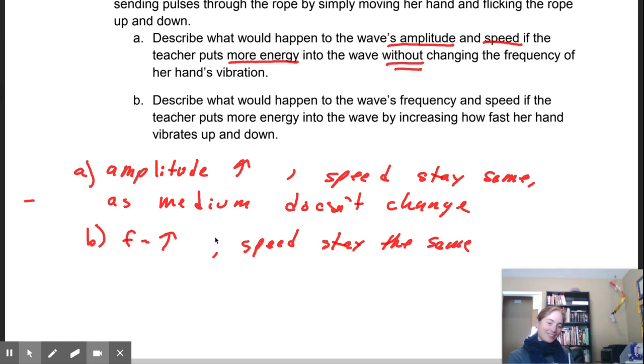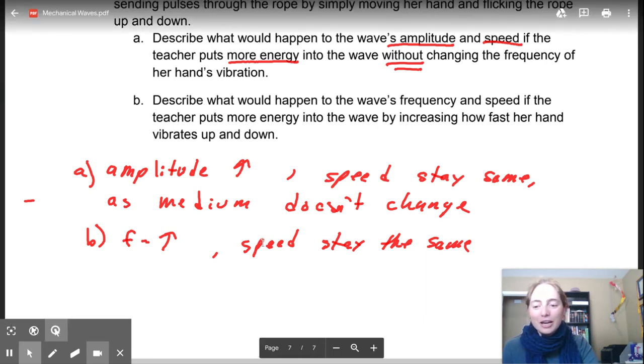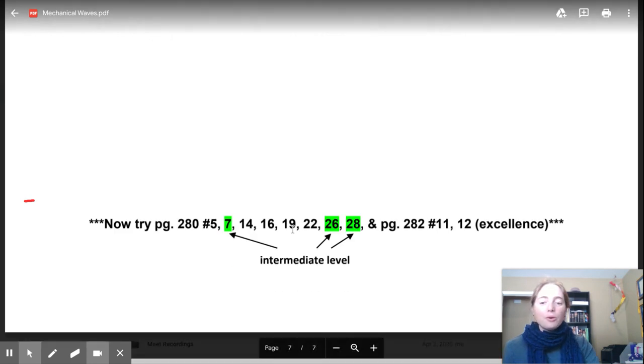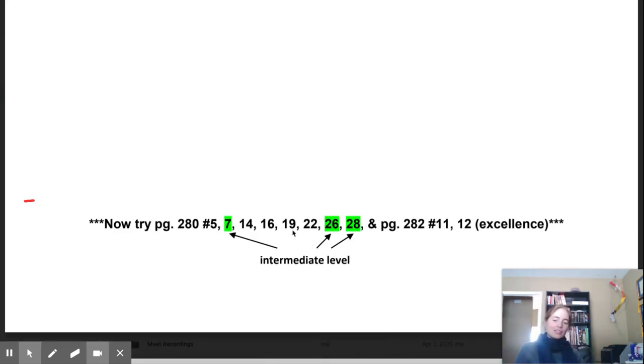Okay, sounds good? Okay, so ladies and gentlemen, here are some practice problems for you guys to try. The green ones are some intermediate level questions, and then those 11 and 12 on page 282 with the excellence. Give a couple of those a try, and then, ladies and gentlemen, we will be back for our next video